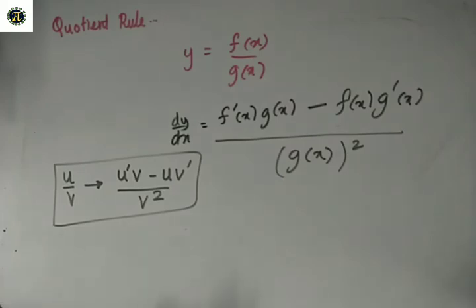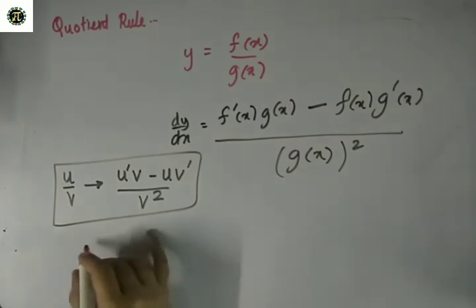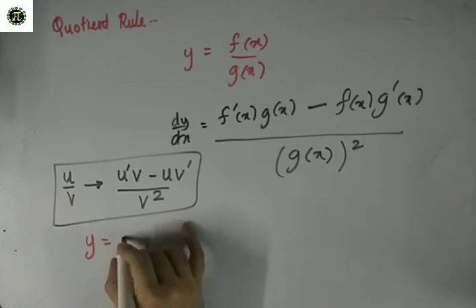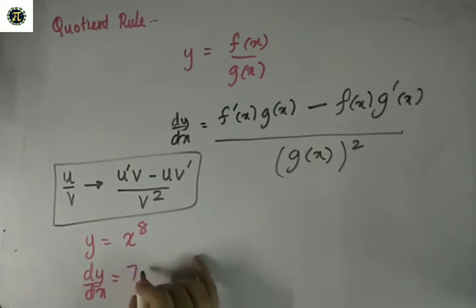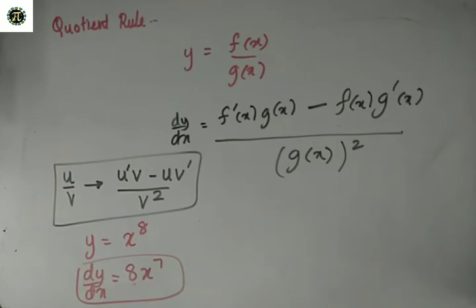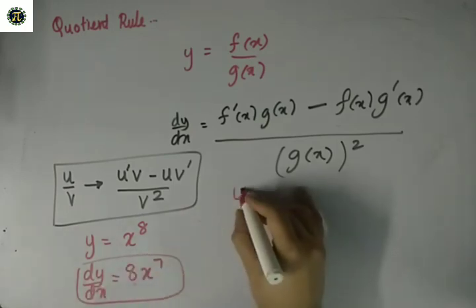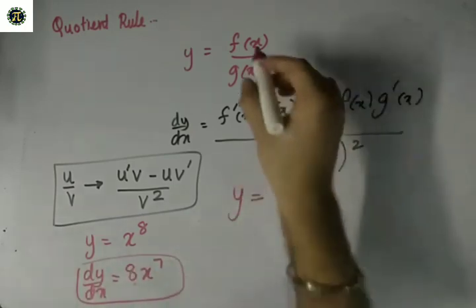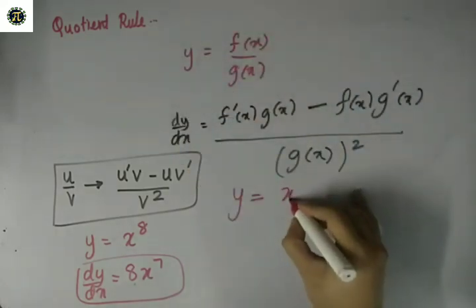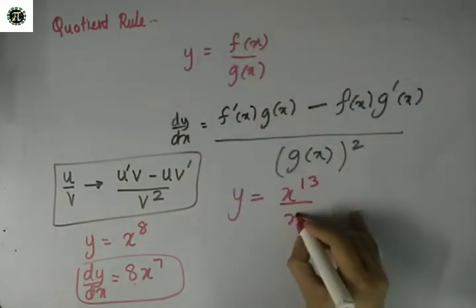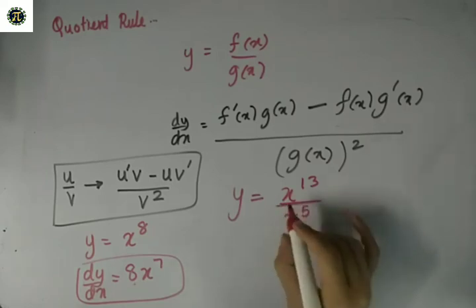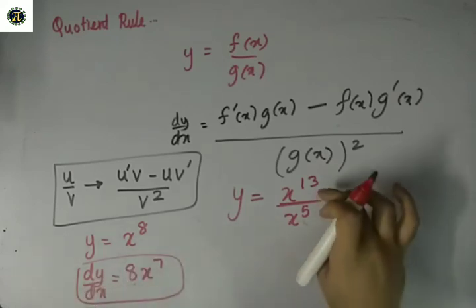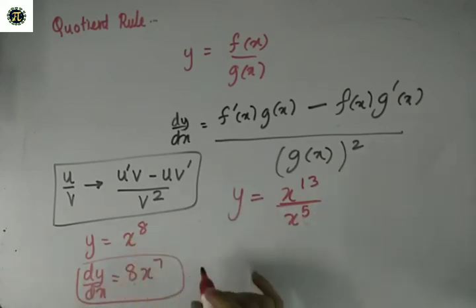So for this one, for example, we can check this one also. Right now we can say if we have y is equal to, let's say, same example, x to the power 8. So we already know the differentiation will be 8 times x to the power 7, right? And we can get the same answer by quotient rule. So you can maybe write y, x to the power 8, as a division of two functions. So maybe I can write x to the power 13 divided by x to the power 5. Okay. So you will say why am I complicating such a simple expression. But I should not, but I can check. These two are being divided and they are equal to x to the power 8.